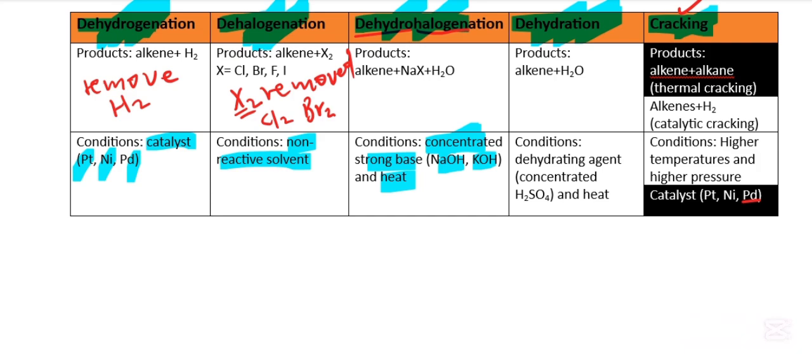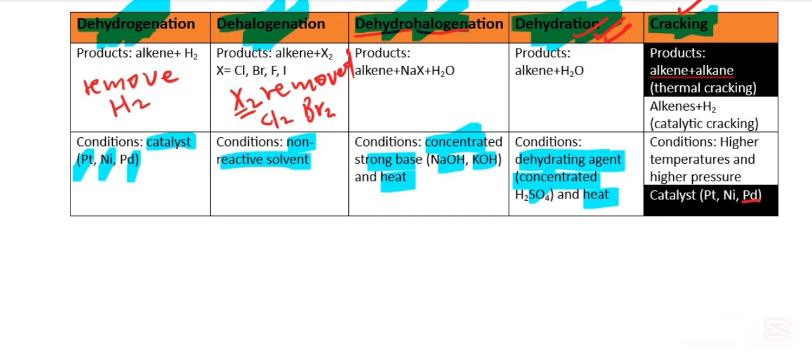Okay, so moving on to dehydration. With dehydration, the condition is a dehydrating agent, sulfuric acid, which is concentrated as well. All in all, we use concentrated reagents with elimination. There is no diluted sulfuric acid or base, it is concentrated, which means the sulfuric acid acts as a dehydrating agent. We also have heat here.